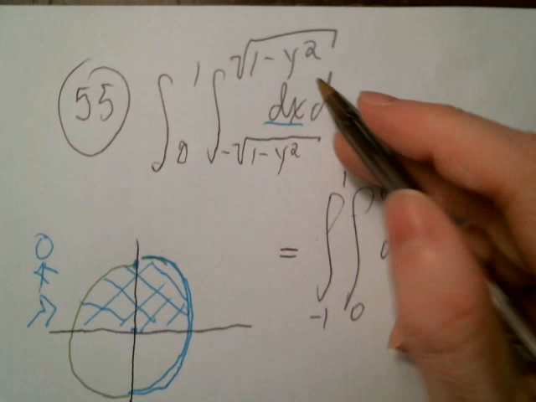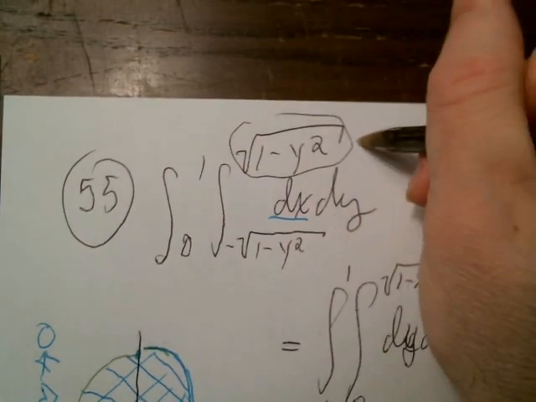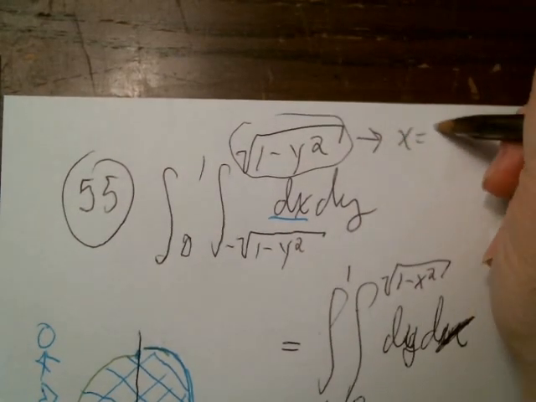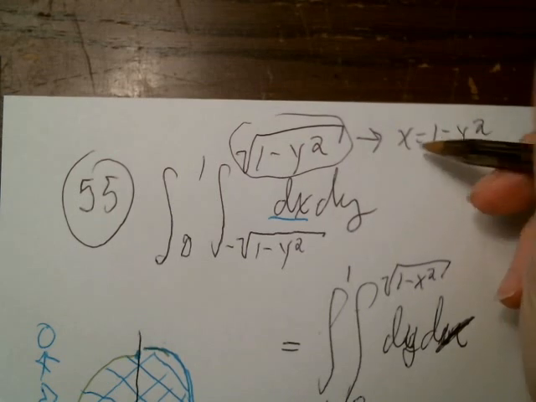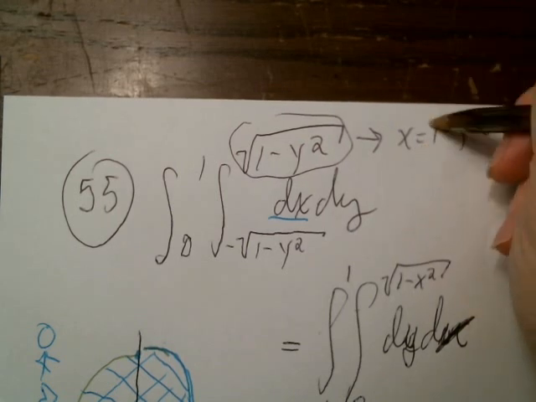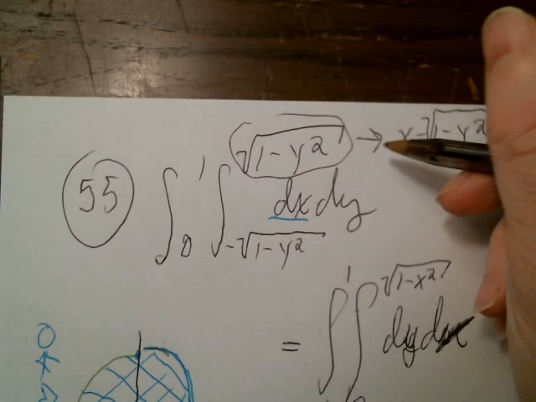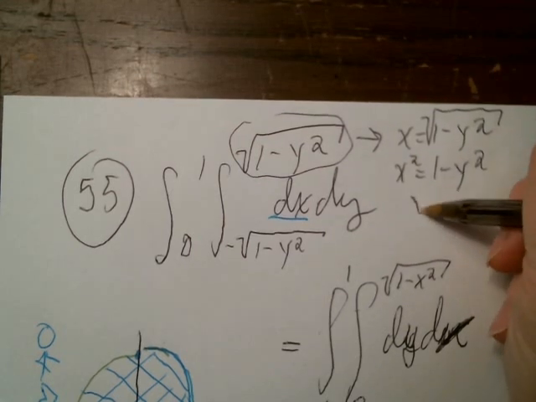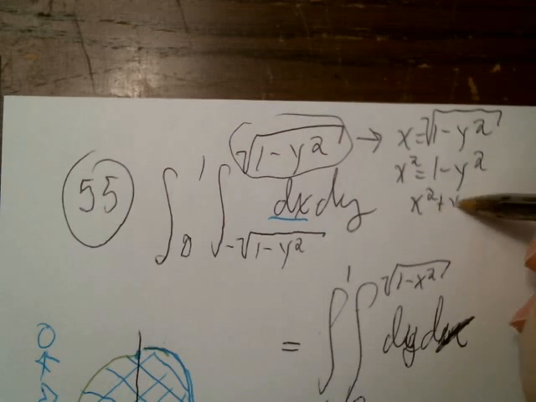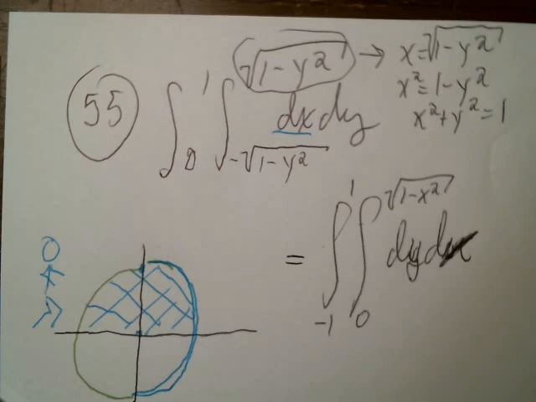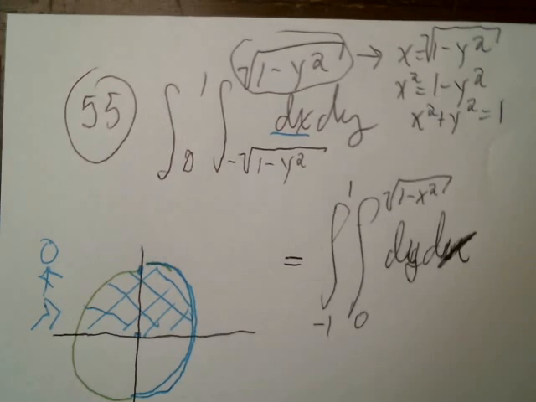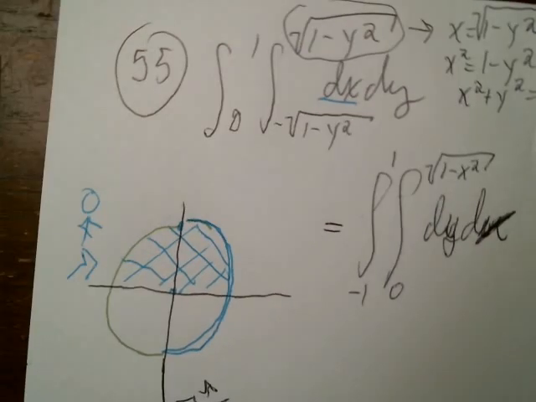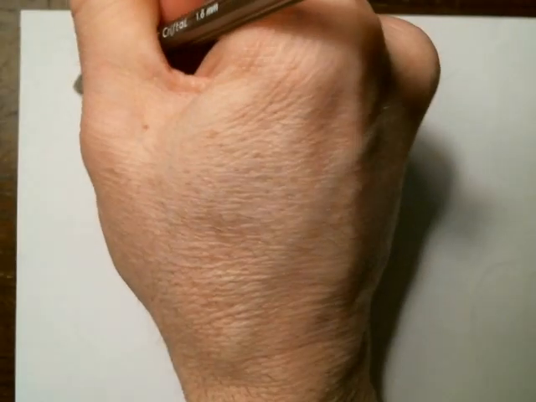It's because this thing gives you x equals square root of 1 minus y squared. And then if I square both sides, I get x squared is 1 minus y squared. And that object there, x squared plus y squared equals 1, is a circle with radius 1 centered at the origin. Okay? One more. So 57,